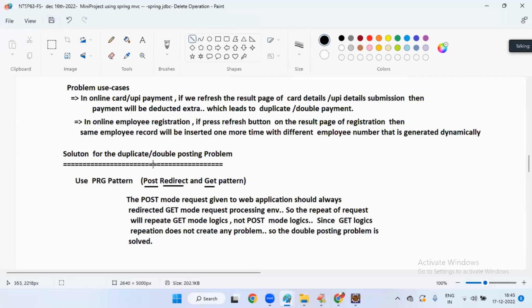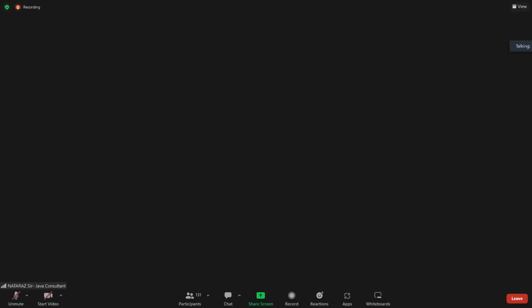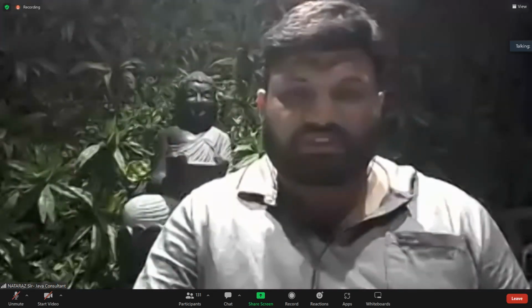How to implement this pattern, I will talk about when we meet in the next class. The next class is purely on the PRG pattern and introduction to security. Another 3-4 days, your batch will be over. Thank you. Understanding my statement? Redirecting one mode request to another mode request is not a